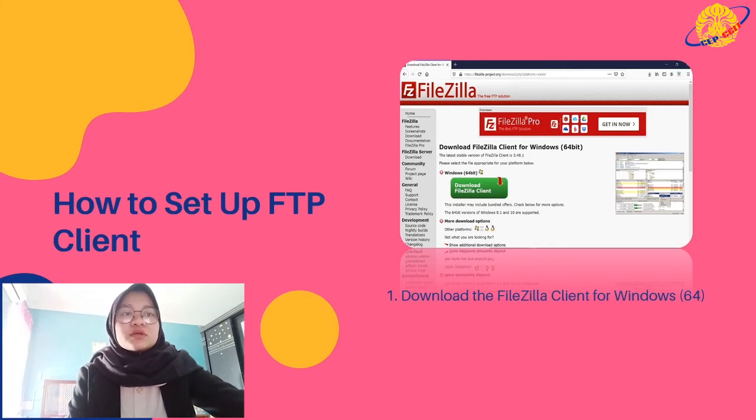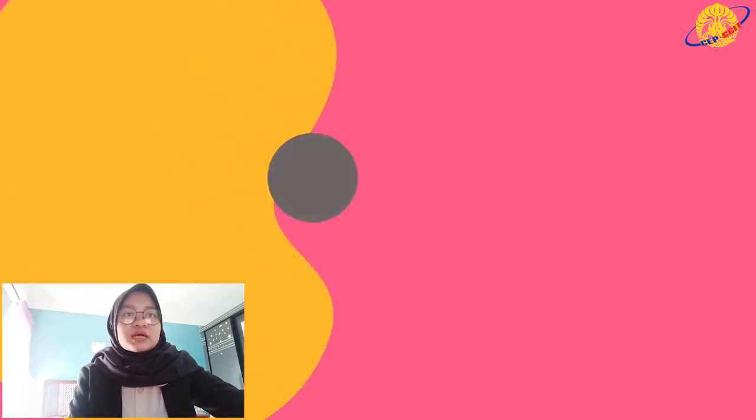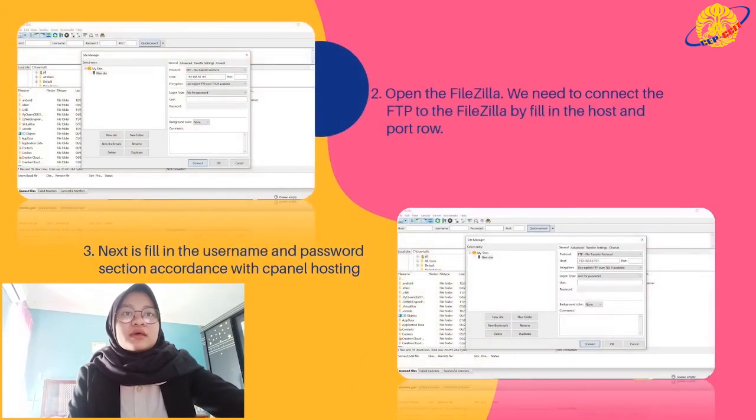If you haven't downloaded the FileZilla client, you can download it from Chrome or Firefox or anything. Search for FileZilla client, and then press the download FileZilla client button, which is the green colored button,